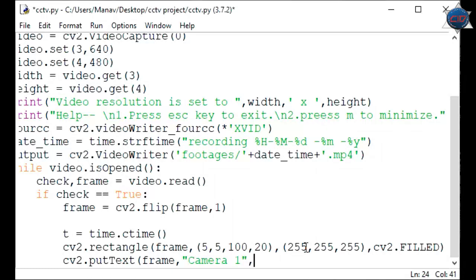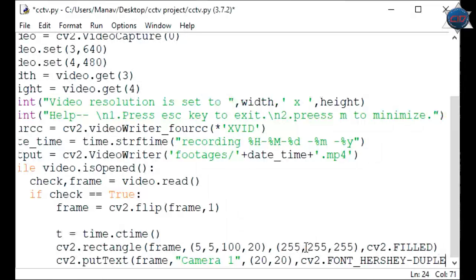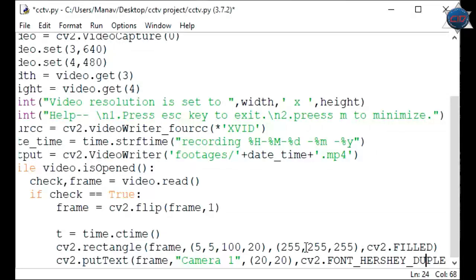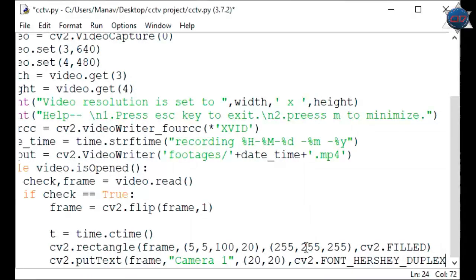Now I'm setting the coordinates, now setting the font, cv2.FONT_HERSHEY, and the format I'm just using is DUPLEX.